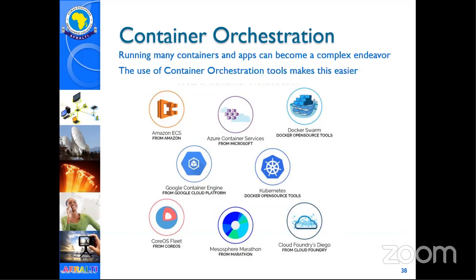Now, the container orchestration tools, there are many. Amazon has theirs, Microsoft has theirs, Kubernetes is there. Kubernetes is the most popular and is open source. Google have theirs and many others. So it's dependent on what functionality you want. The most popular are Kubernetes and Docker Swarm, which is an orchestration tool for Docker. So you can have a Docker containerization being orchestrated by Kubernetes. Just because it's a Docker containerization system, it doesn't have to be run by Docker Swarm. It can be run by any of these.